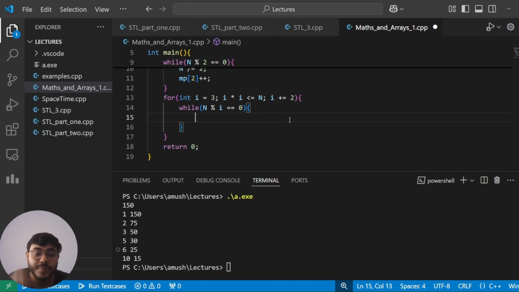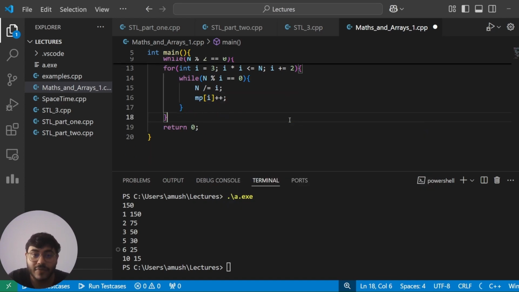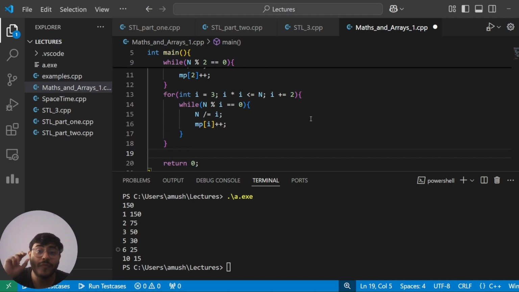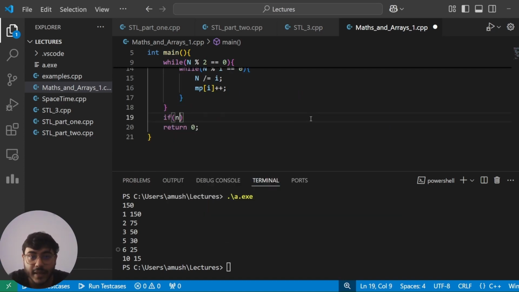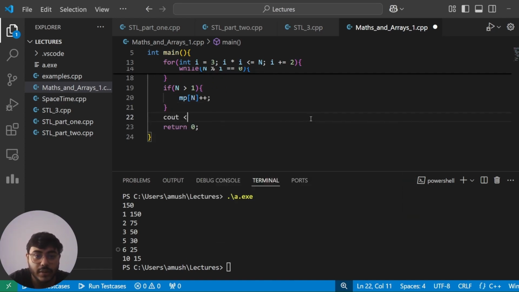सो नाउ व्हाट डू वी चेक, while n mod i exactly equal to zero, ठीक है, अब हमारा जो डिवाइजर है वो i है। सो व्हाट डू वी डू, n /= i, ओके, एंड mp of i++। ओके, आफ्टर दिस प्रोसेस गेट्स ओवर यू हैव टू चेक कि तुम्हारा जो फाइनल n आया है वो 1 है या 1 नहीं है। इफ n इज 1 इट मींस दैट यू हैव काउंटेड ऑल द प्राइम फैक्टर्स, इफ नॉट इट मींस कि n जो फाइनली बचा हुआ है वो भी एक प्राइम नंबर है। इफ n इज ग्रेटर देन 1 वी डू mp of n++।